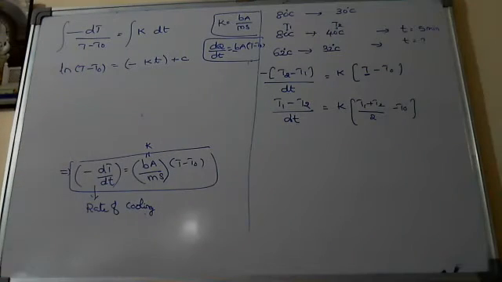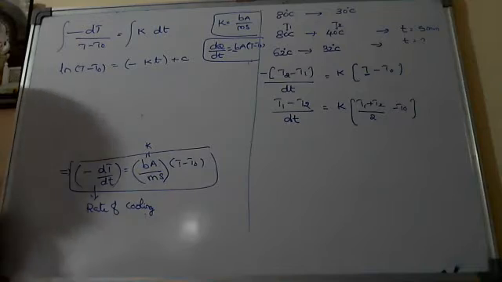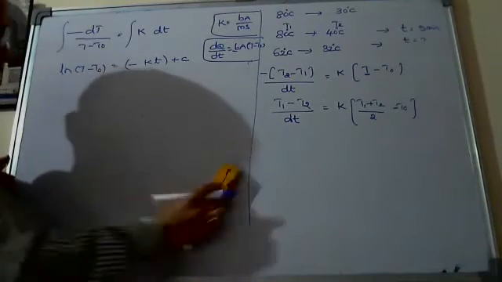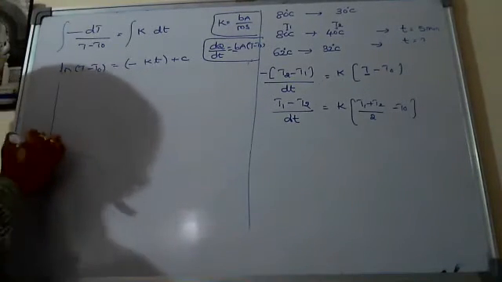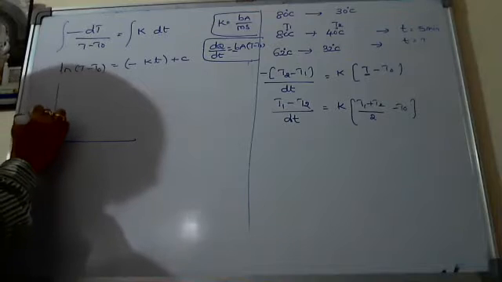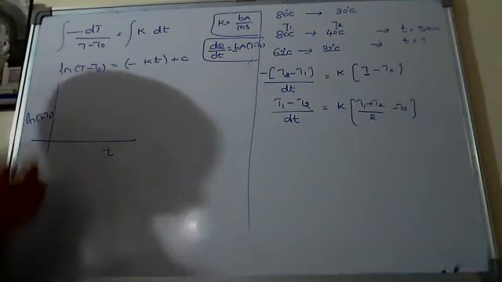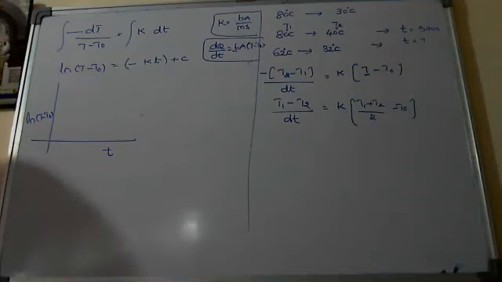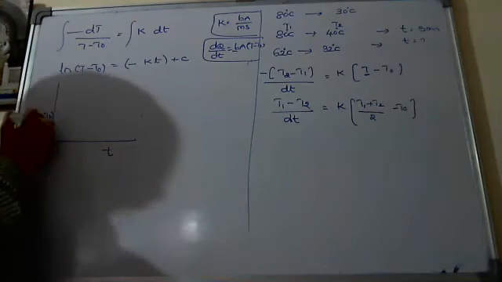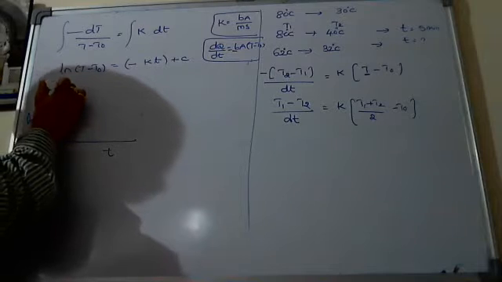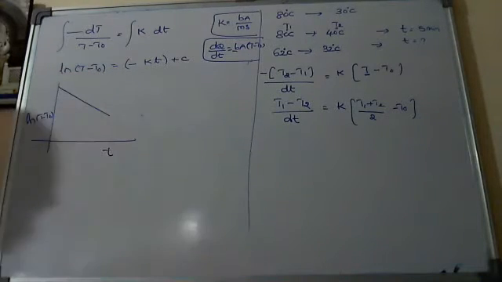First, related to this question, what he asked previously: what will be the shape of the graph of log (t minus t naught), meaning log (theta minus theta naught), versus time? I think you can predict what this shape will be now. A straight line, sir, with a negative slope. Yeah, you are right.